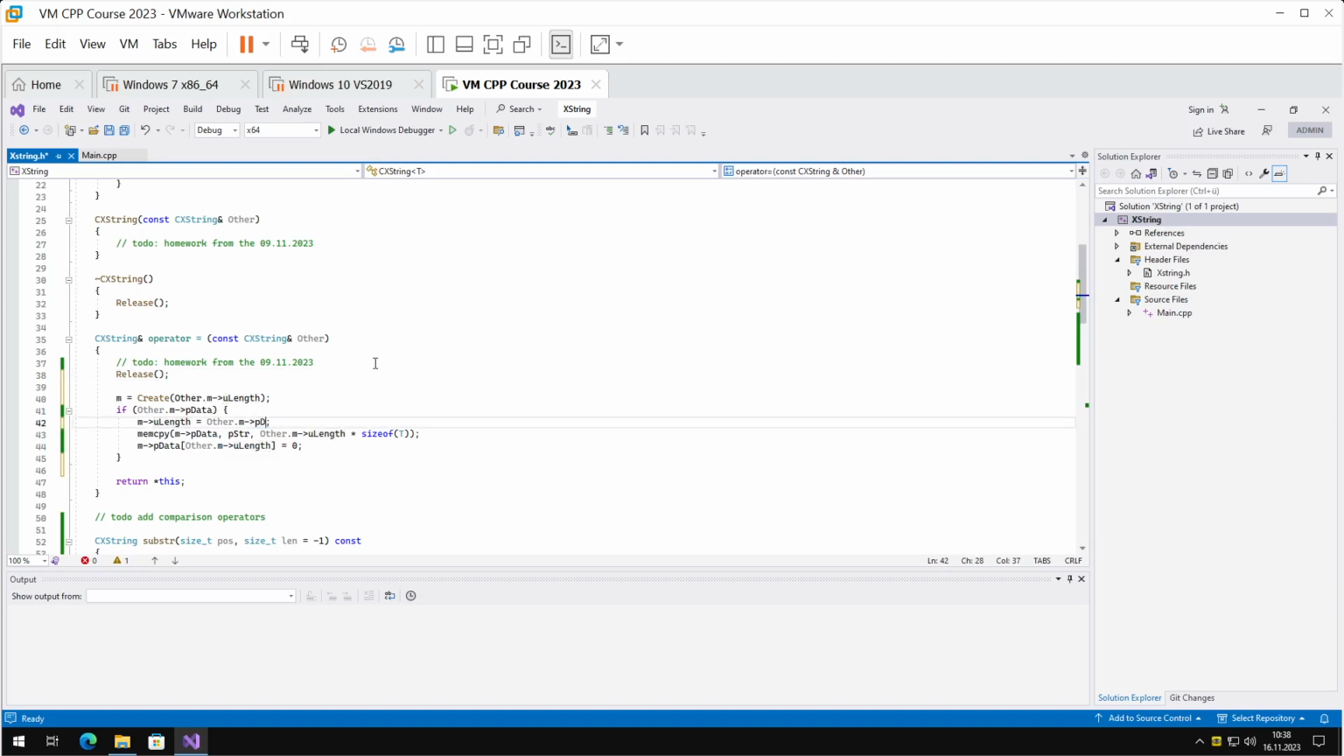And why that? Because we don't have a log. No, not here. This line was fine. That was line 32, I mean line 43. The p string variable does not exist in this scope. Ah, okay, yeah. So, other.m... No, other.m arrow p data. Good. That should work. Now we can go back to main